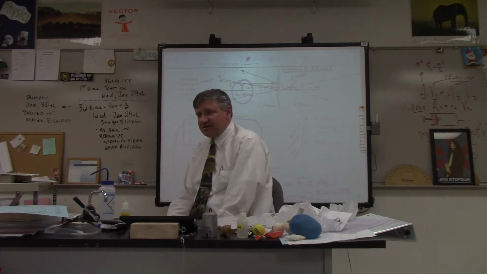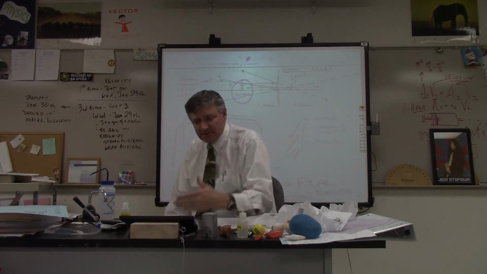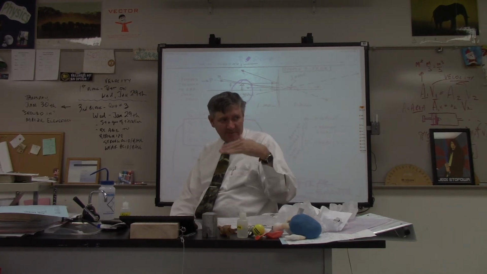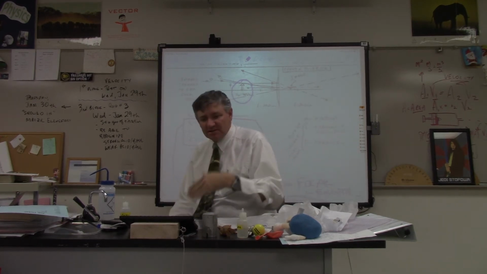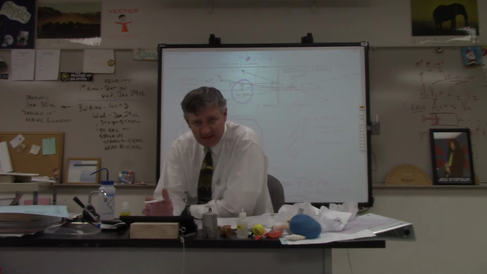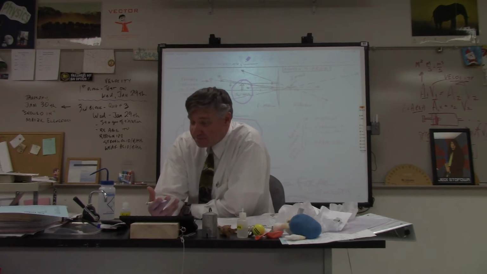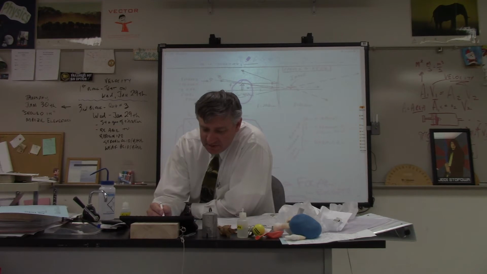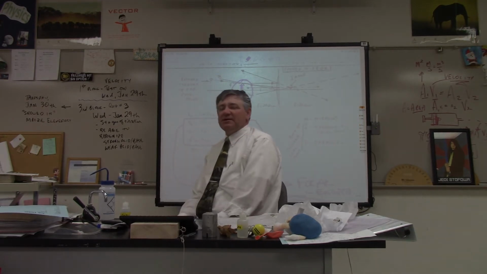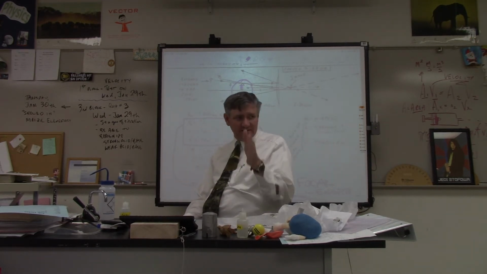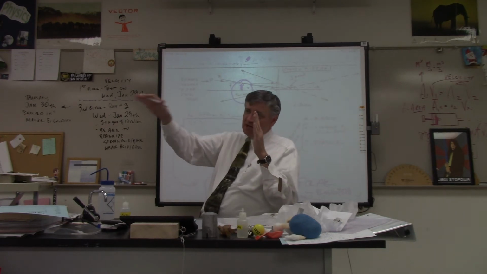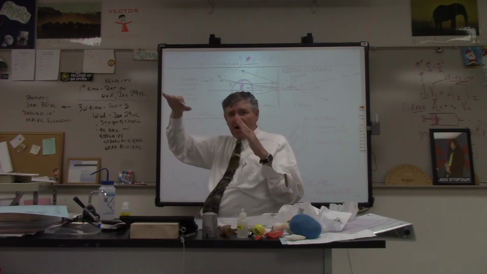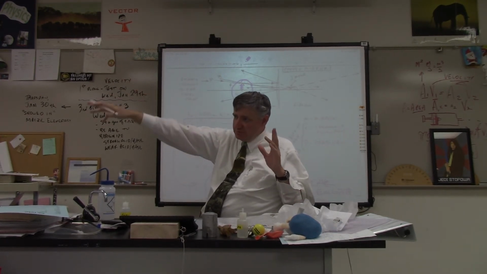So typically you're going to pick something that you're going to draw that has like a top and bottom to it. Traditionally, your object is a candle because that's what they did the initial work with, because they didn't have light bulbs and they used candles. So typically you'll see this as a candle. I don't recommend that you just use a line, mainly because if you just use a